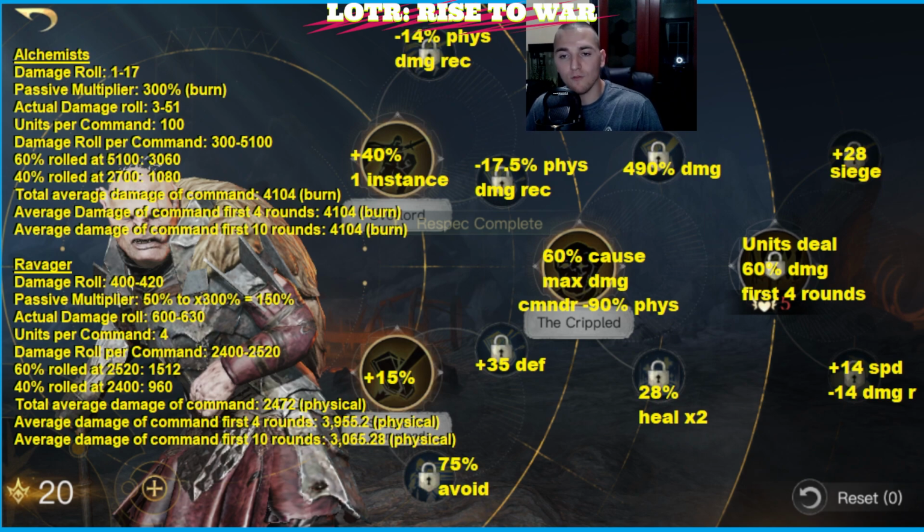Alchemists. Damage roll of 1 to 17, passive multiplier 300% burn damage, actual damage roll 3 to 51. Units per command are 100, which gives you a damage roll per command of 300 to 5,100. 60%, this is Gothmog's Respect Level 3 talent. If we say that 60% of the damage they deal will be dealt at the maximum value,